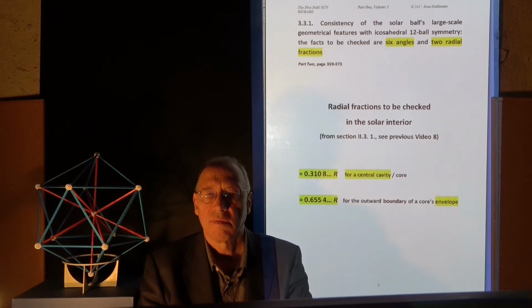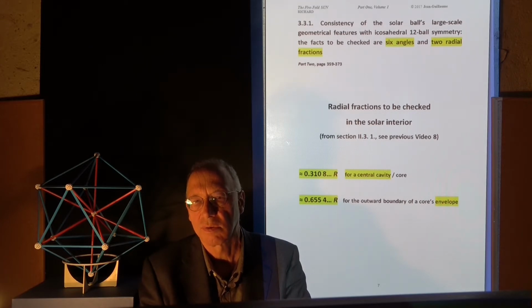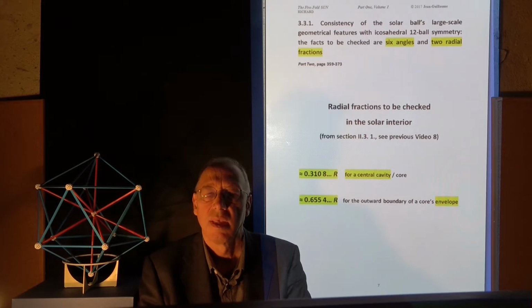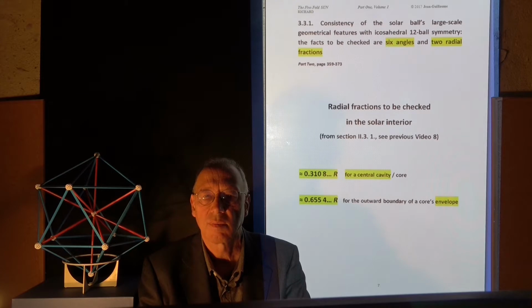In the case of an intermediary envelope, which would run through the vertices of a basic icosahedron, as we saw in video number 8, the radius of this envelope would be located at 0.655, etc. radius fraction. Again, if this was the case in the interior of the Sun, as a fraction of the photospheric